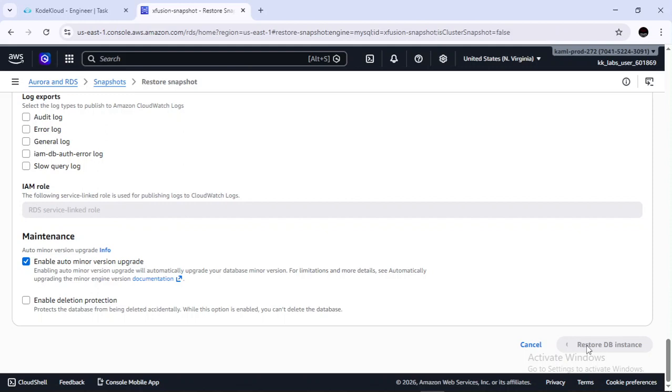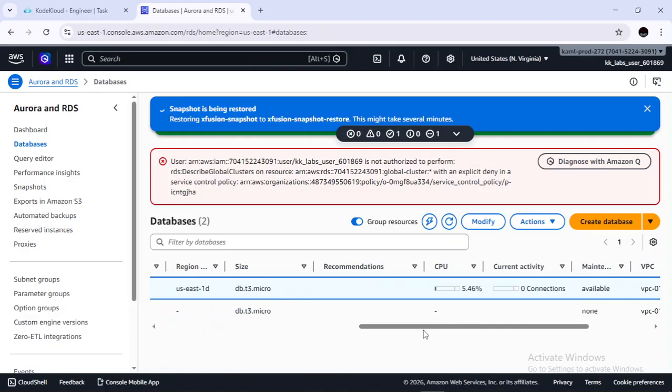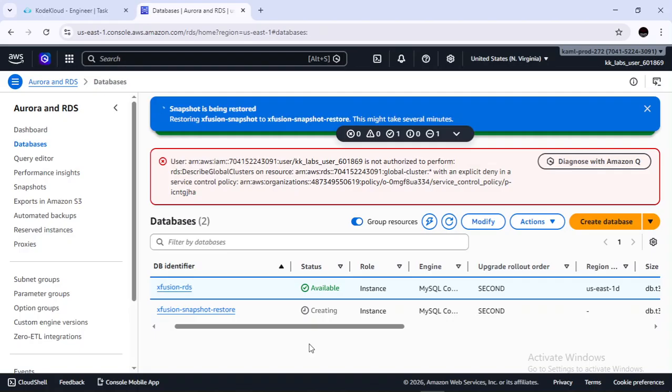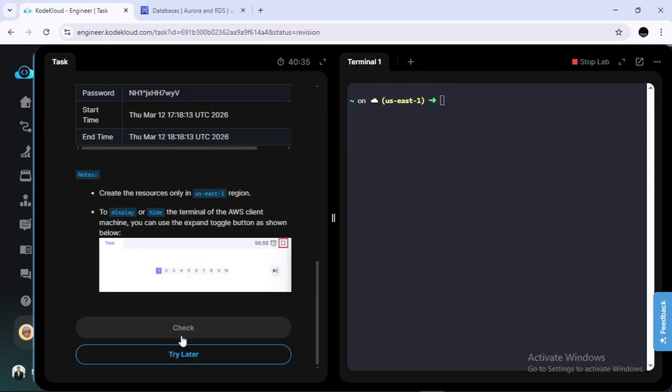Click on restore database. Now it is creating our new instance. We'll have to wait until it is fully available. Now both our Xfusion RDS instance and its restored snapshot instance are available. Let's verify our task. Yes,